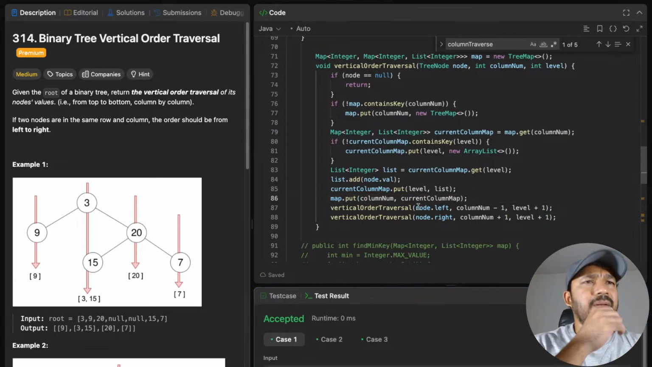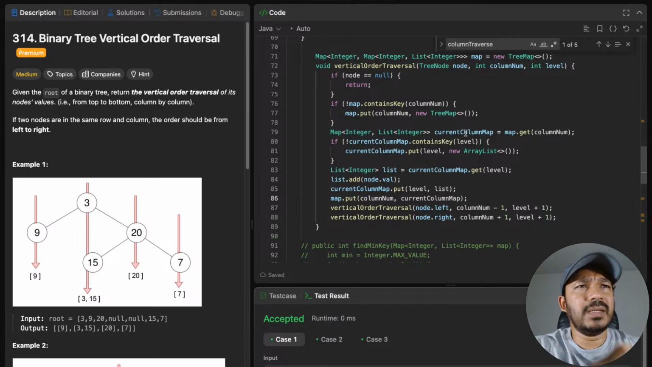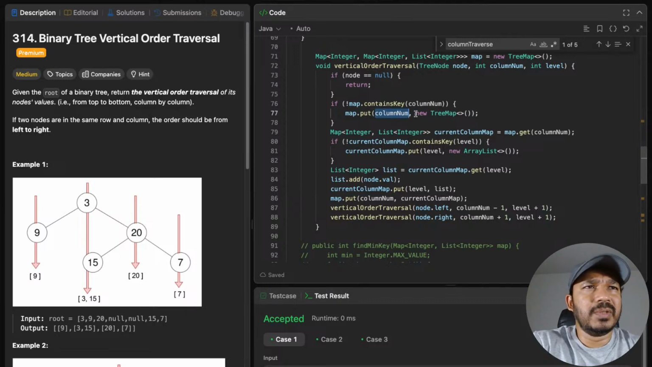Okay, so here now I'm checking if there is no value for the current column, I'm just inserting the value with the current column number. I'm creating a new tree map. I'm trying to get the value for the column number here. If there was no value, I'm inserting it. If there was already an existing value, I'm not inserting any value. I just get the value for the current column. And then